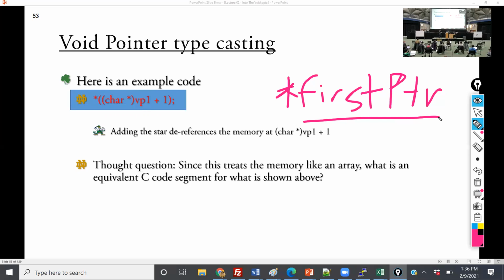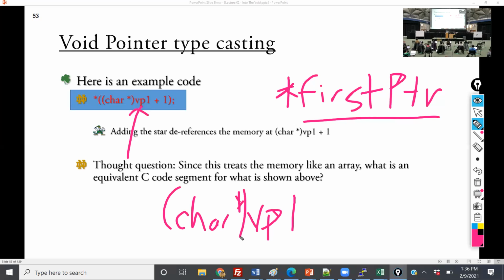So what we've done here is I have a location in the data memory, VP1, which I've allocated as a void pointer. Then I said, for safety, we have to interpret it as a character array. Then when I say +1, now I'm pointing to the next element. And then when I dereference it, what do you think I'm actually getting here?